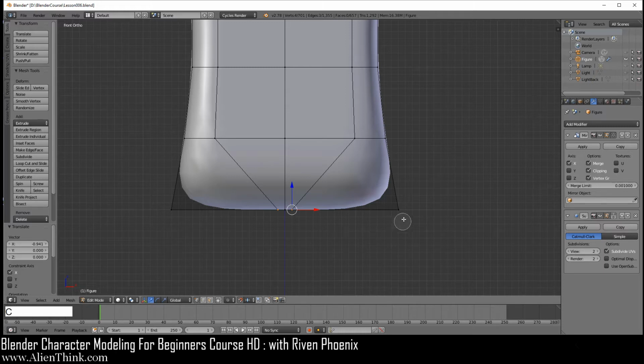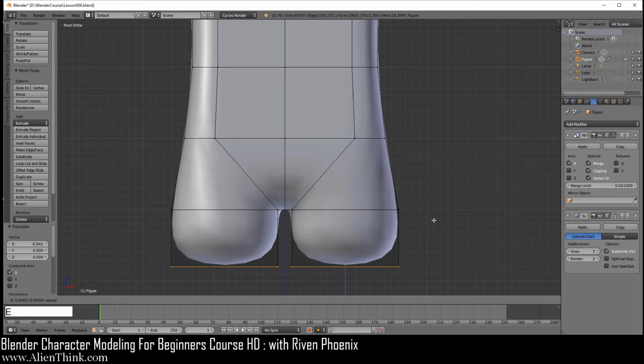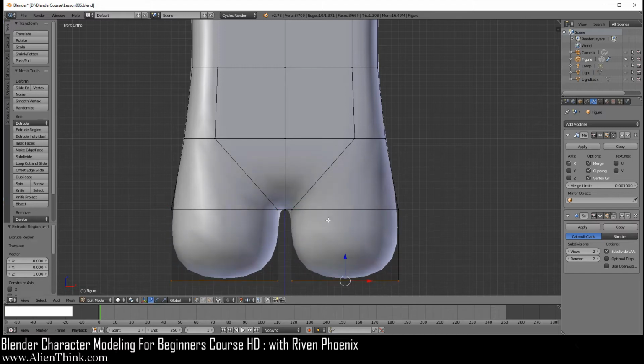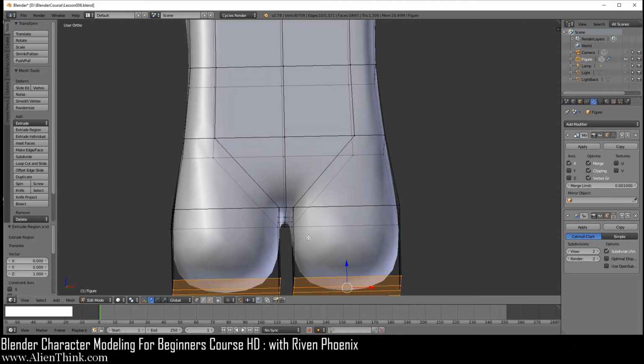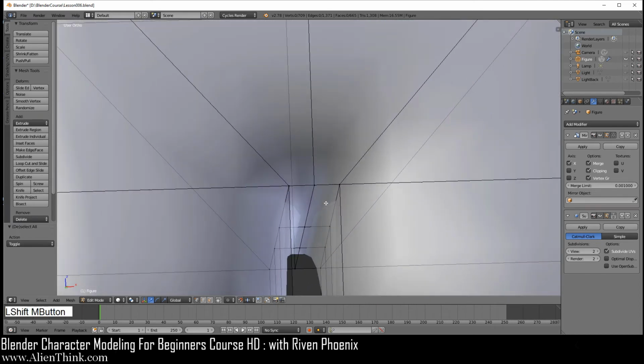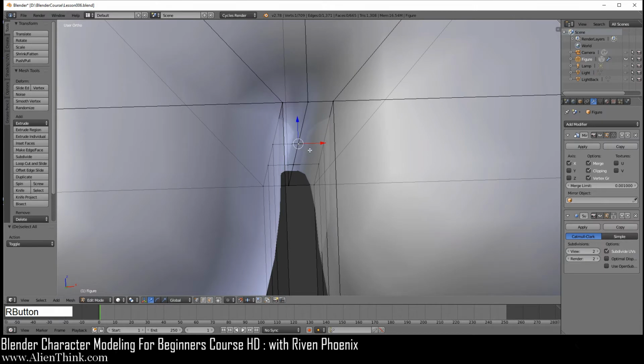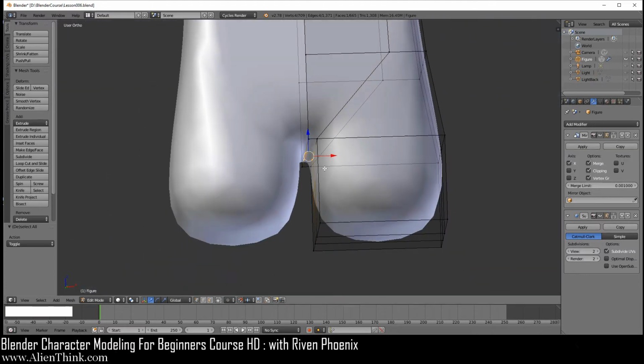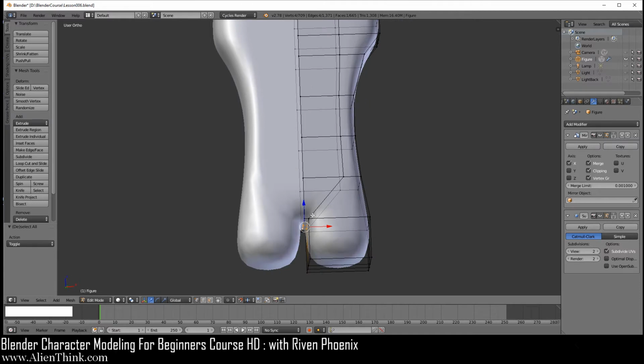Now press C, circle select, and go ahead and add to the selection. Right click to get out of it and come down 1 grid unit, E to extrude, and you'll come down over here. Next, I'm going to do the middle mouse button to rotate, A to deselect, and we simply want to select these guys over here. So I'm going to select this one, this one, this one, and this one. Okay. And if you're getting confused by this, you can always remove that half to keep it like this. Okay. Let's do that so we don't cause confusion.